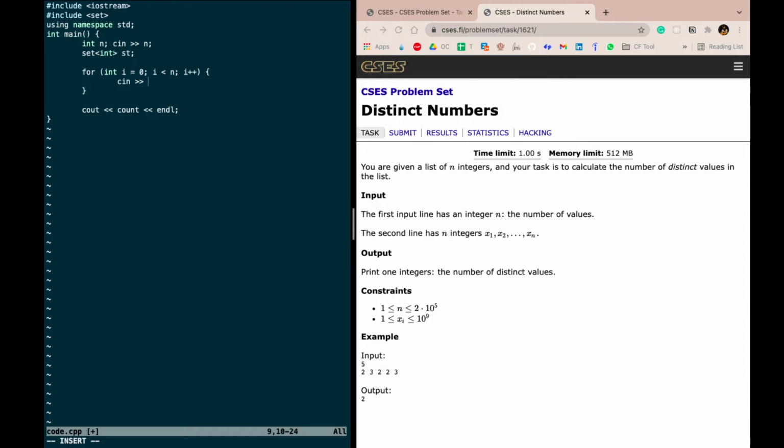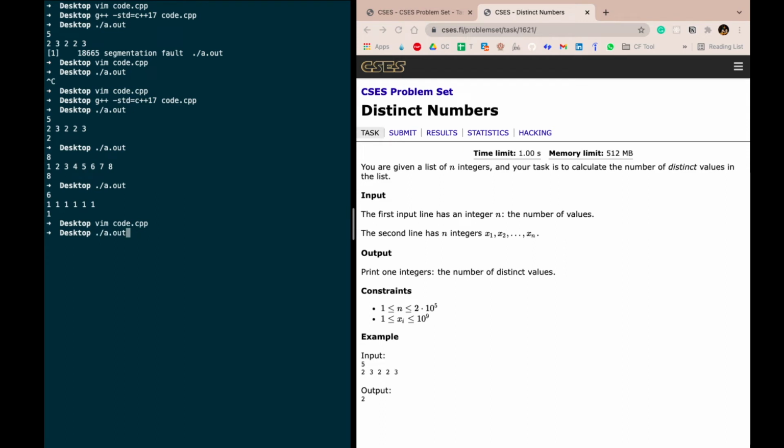And then for each element I'll take it and insert it into the set, right? So set will only store the distinct values only once. So at the end of it, whatever the size of the set will be is the number of distinct values,